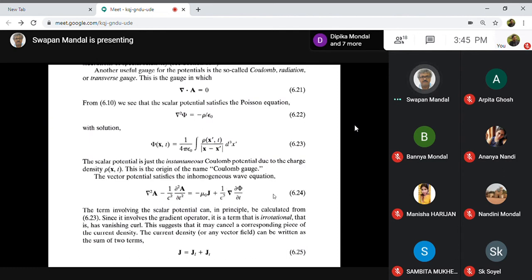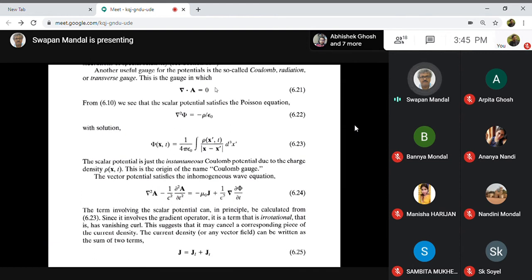It appears that the vector potential is involving the scalar potential. So you may not believe that this is a decoupled equation. You may not believe it, but you have to do some algebra to believe that this is basically a decoupled differential equation. I'm not going through the detail first. Anyway, let me come to this first equation.